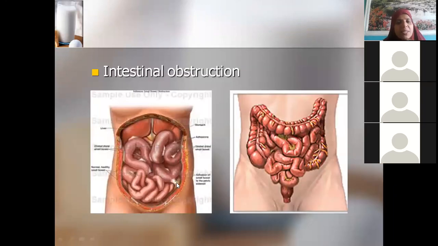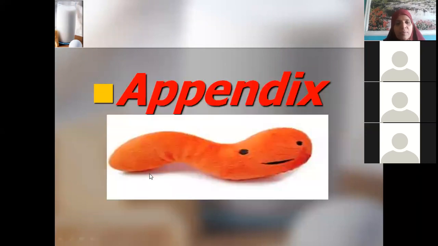Sometimes if there is any infection, you may find there may be obstruction also in the intestines. Obstruction may be due to worms also, hookworms, tapeworms, Taenia saginata, long worms you have studied in your +2. Ascariasis. Okay. So after this we will start appendix.